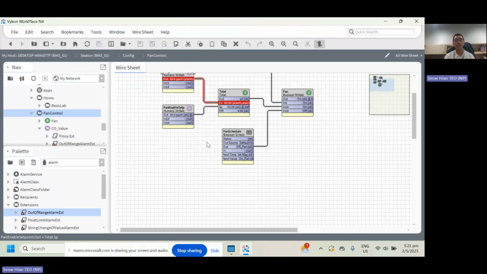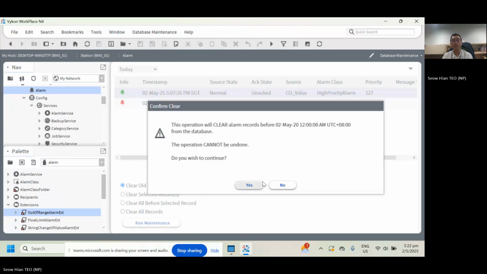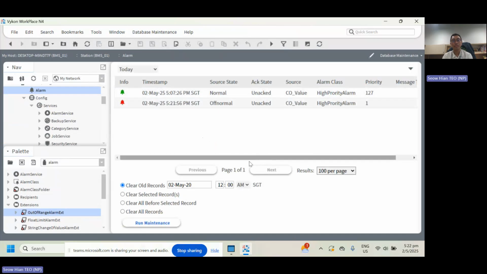Once the CO value is set to 60, you can see there's a high here, and then you go to the alarm station, double click on the alarm. You can see that there's the alarm I just tried to set. So I can see there's different alarms. Then I can click on the alarm. I need a clear record. Okay. Yeah, so this is basically